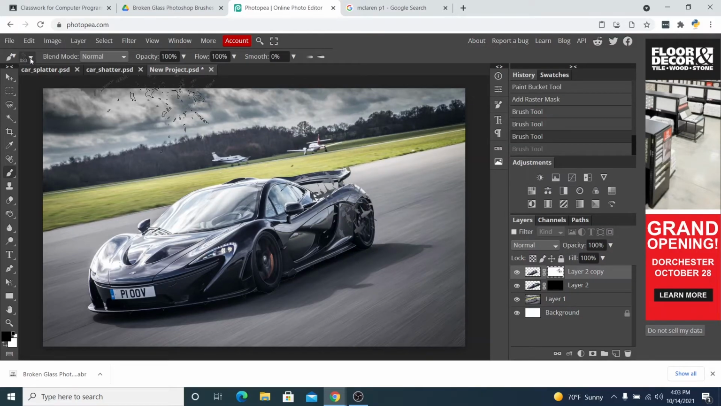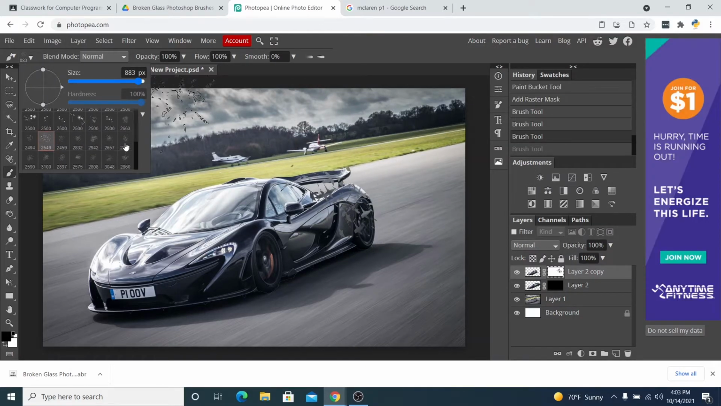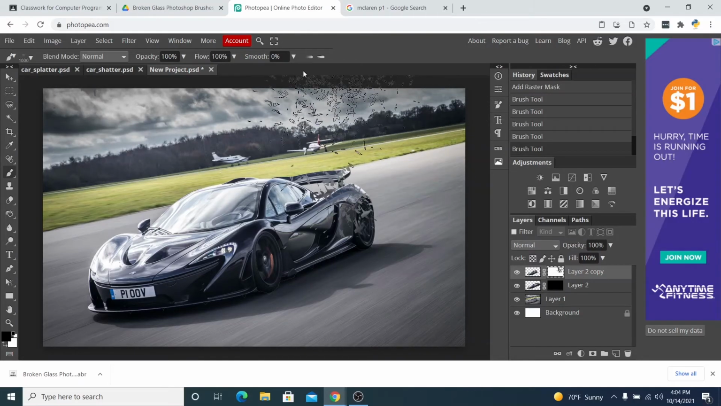You can also sometimes change the brush and get a slightly different look. If you change the brush a couple of times, again, I need to shrink that a lot. If you shrink the brush, you can change up the look of the shatter or the splatter a little bit. Okay, so it looks like the car is starting to break up in the back, which is what I wanted. Now I need to switch to my other mask,